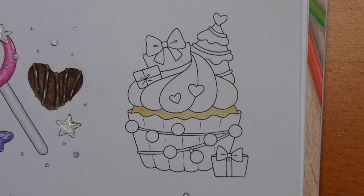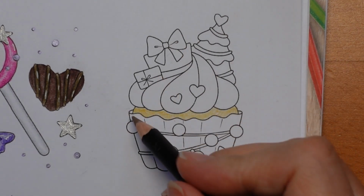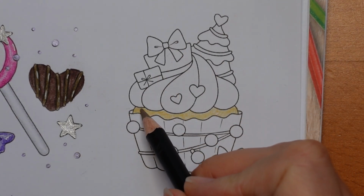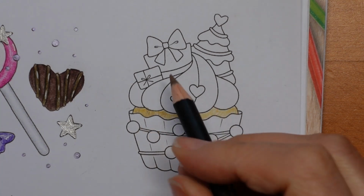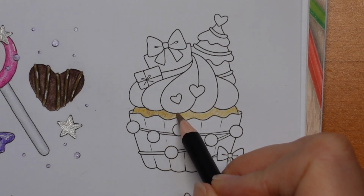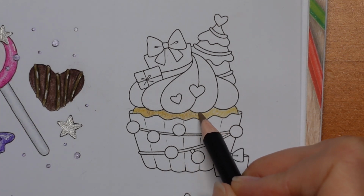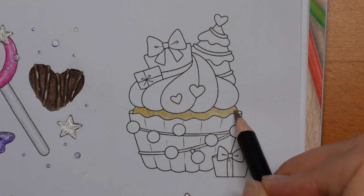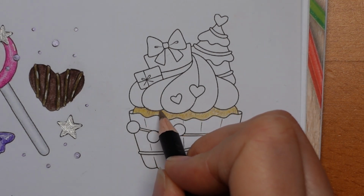I'm completely confident. So I'm going to turn to my browns, I think. I'm going to use a bit of nutshell now. And what I'm going to do is a very light sort of circular movement over. I'm hoping that I can leave some gaps so we can see some of the yellow through and some not. So some areas will be darker than others. I know it's a bit fiddly for such a small area, but why not? There we go. And then a bit of shadow with a more definite mark